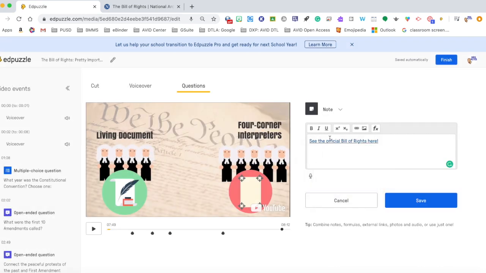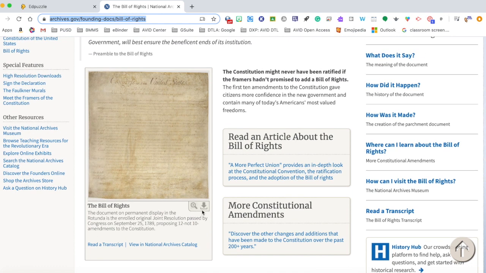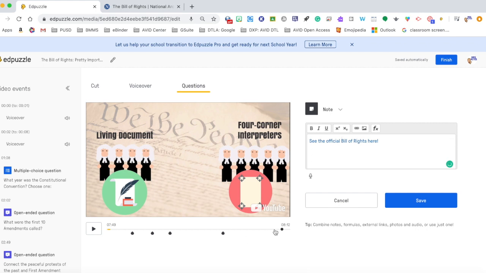If they click on that, then it will take them to this link here where they can see the actual document and what it really looked like. And this is a good place in this video to put this